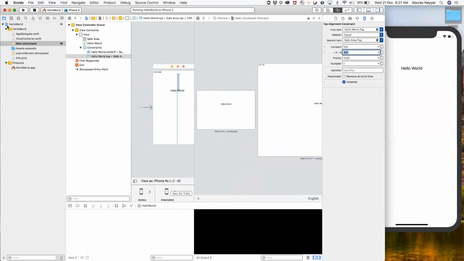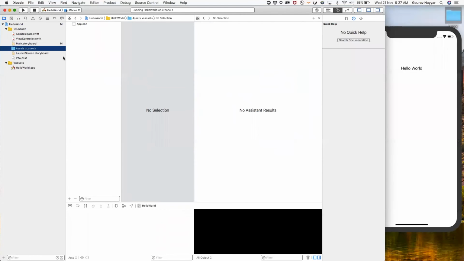I explained this pane, what information we have here. You have an asset catalog, where you can keep what images you are using in the application. You can create multiple assets for readability purposes, so like for one specific screen, you can create one, and all that. And then we